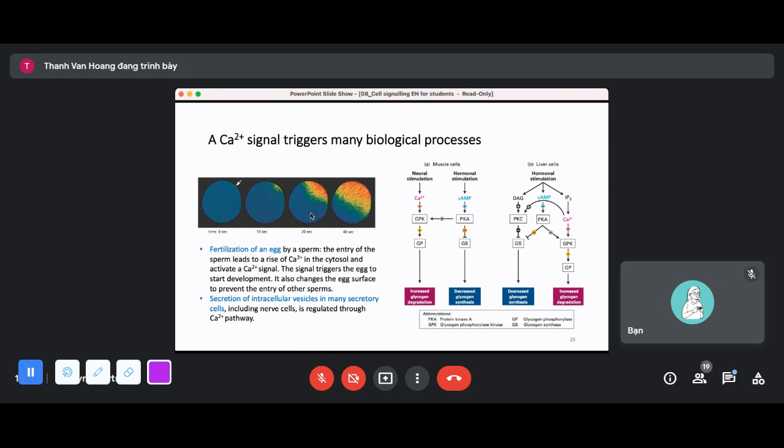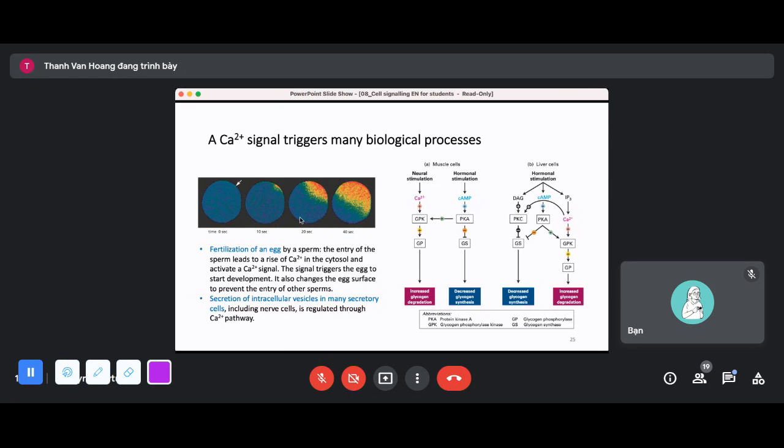So it induces cyclic AMP and cyclic GMP or calcium in the cytoplasm, and cyclic AMP or calcium can induce